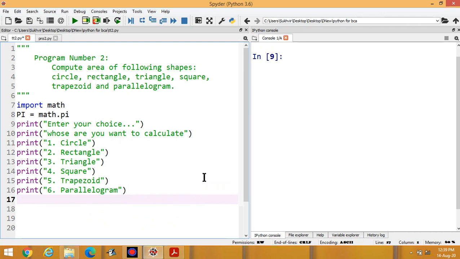Then n is equal to int input enter your choice. Here you can write